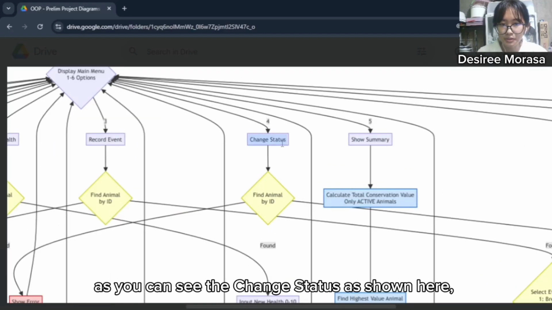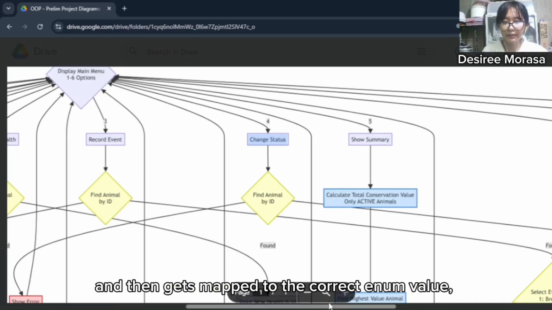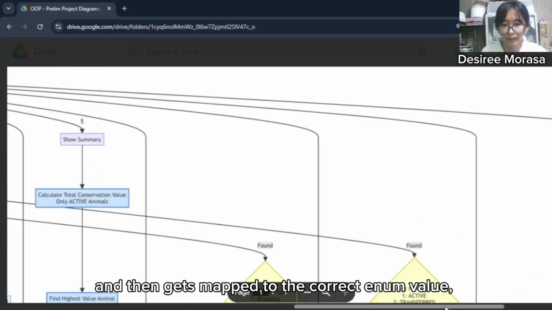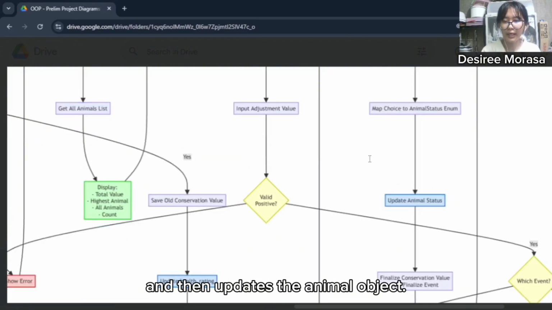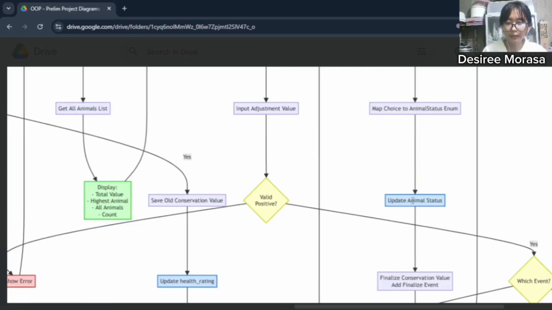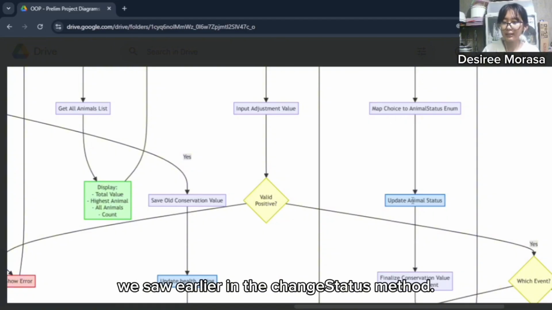As you can see, as shown here, the user choice flows through the system and then gets mapped to the correct enum value, and then updates the animal object. And this visual flow matches exactly what we saw earlier in the change status method.